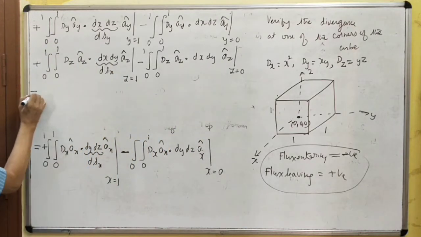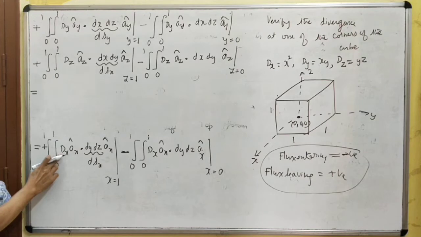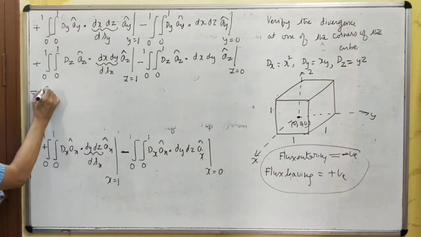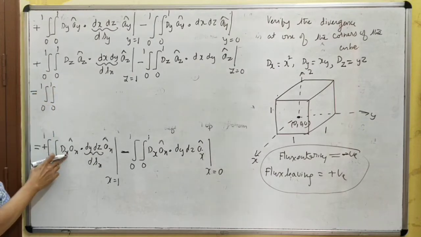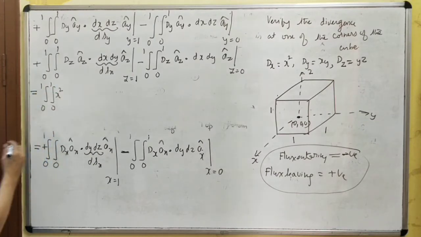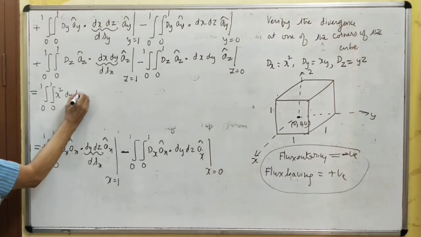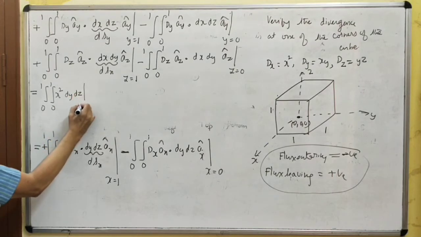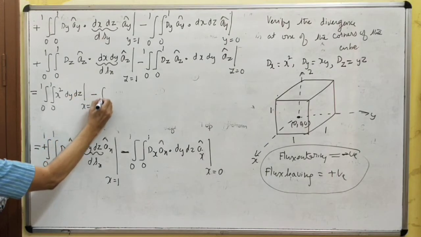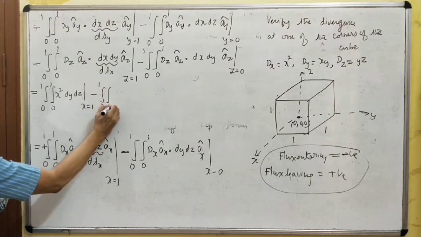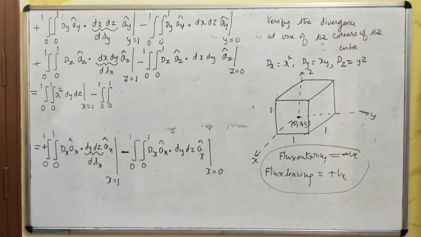So this equals now a_x cap dot a_x cap, which is 1. Double integral, limits are from 0 to 1. What is D_x? D_x is x square, dy dz at x equal to 1, minus double integral, limits from 0 to 1 for both the integrals,